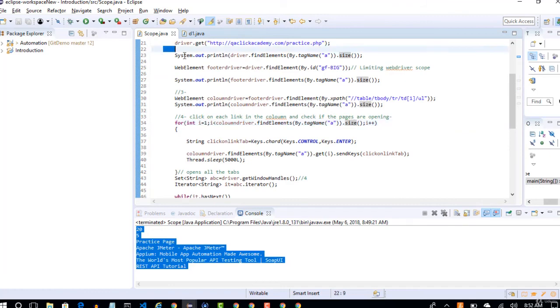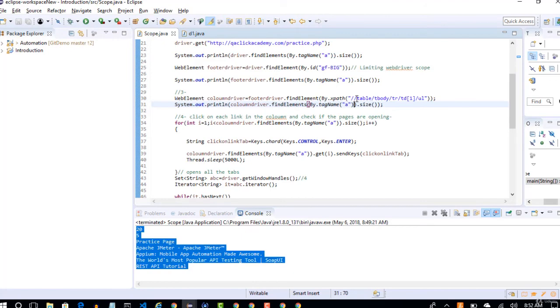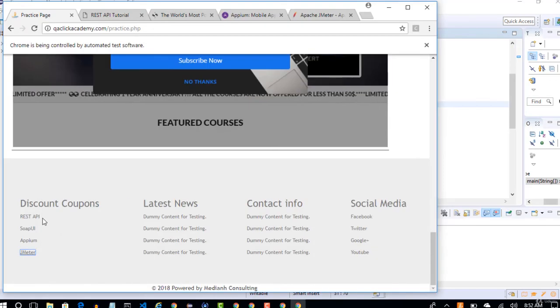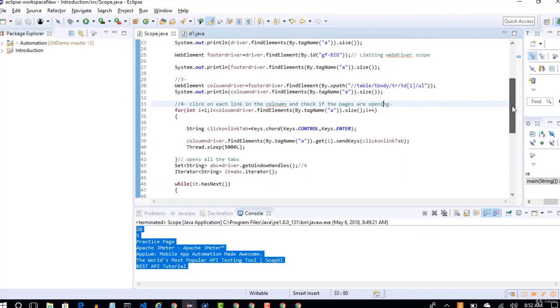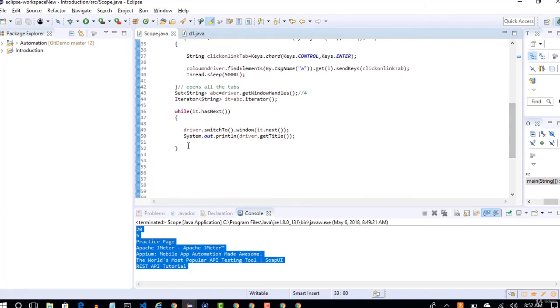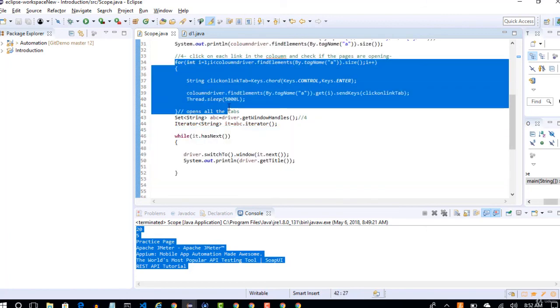There is nowhere we hard coded any link text. That's why in the initial lecture you saw some other title with percentages, and by the end of that lecture you saw some other text, but still our code is working. That's the purpose of changing those title names, and you are now very clear about how to handle the windows and how to navigate to different tabs.